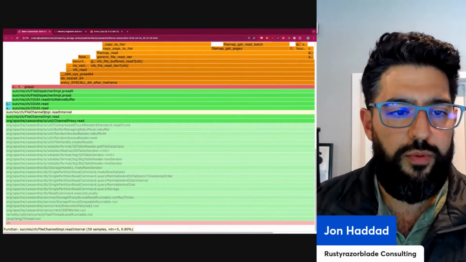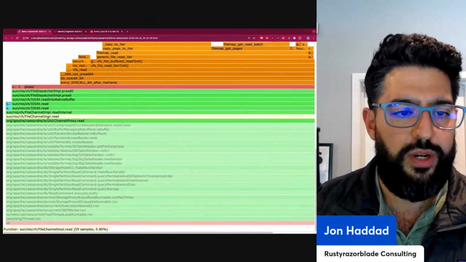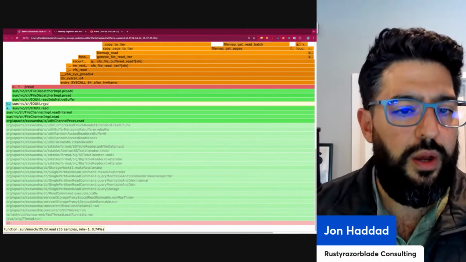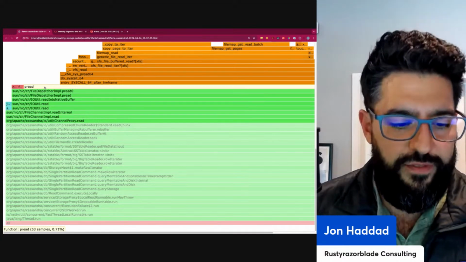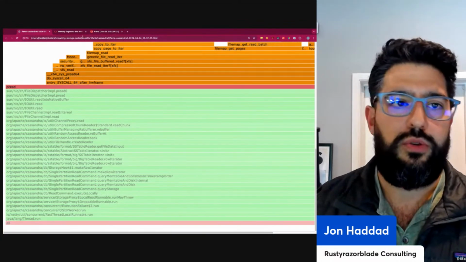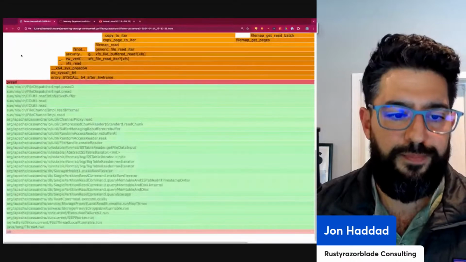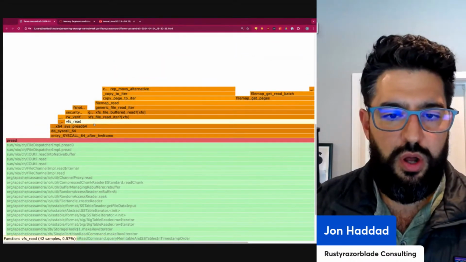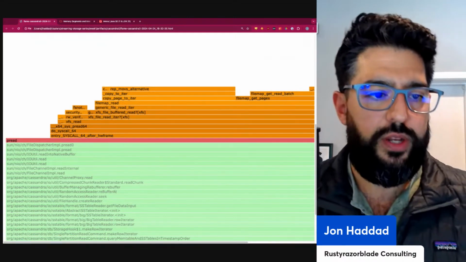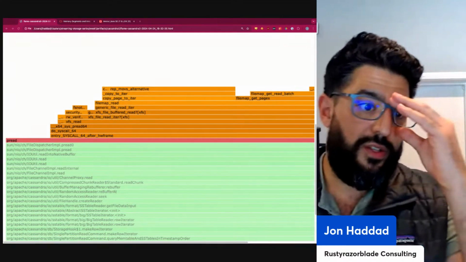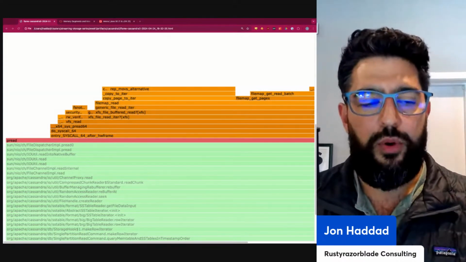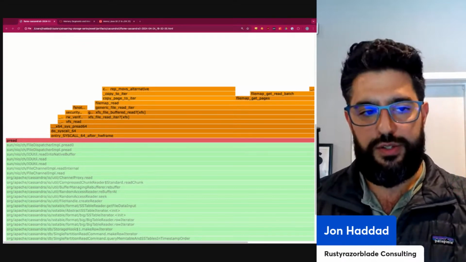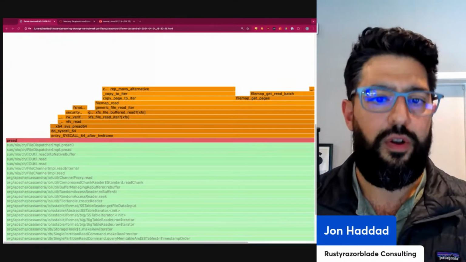As we go up, we hit channel proxy.read, and then we move into the JVM function calls. Now we're into file channel implementation read, read into native buffer, and eventually we hit pread. Okay, so now we're actually starting to go to the file system. Then we hit this entry syscall, do syscall, VFS read. So VFS read is actually hitting the virtual file system. One thing that's really interesting to know is that all the operations that happen here are against the virtual file system. The virtual file system sits on top of XFS,